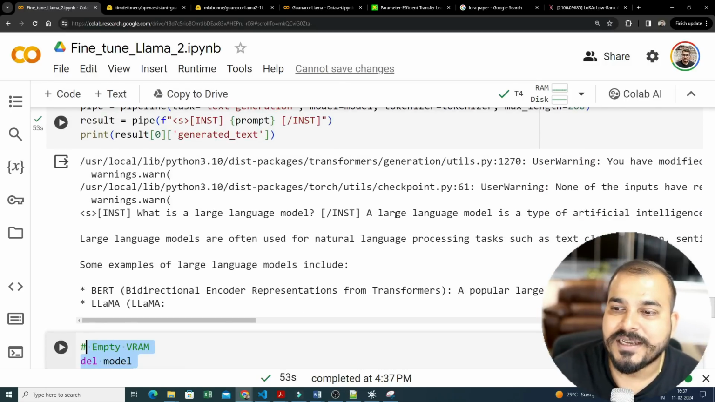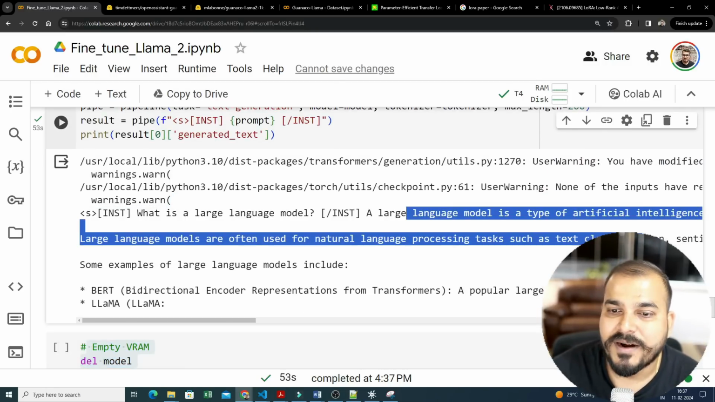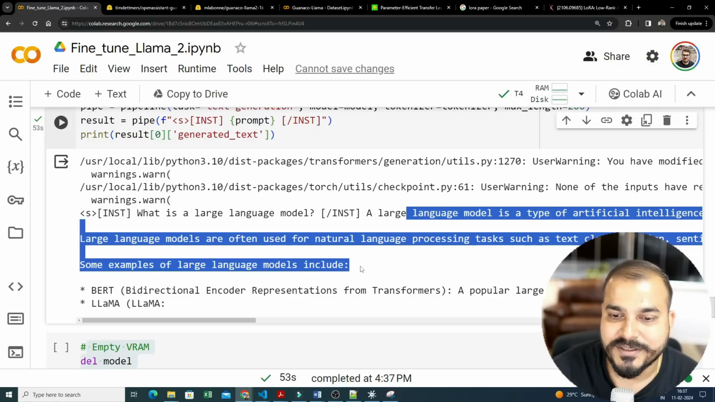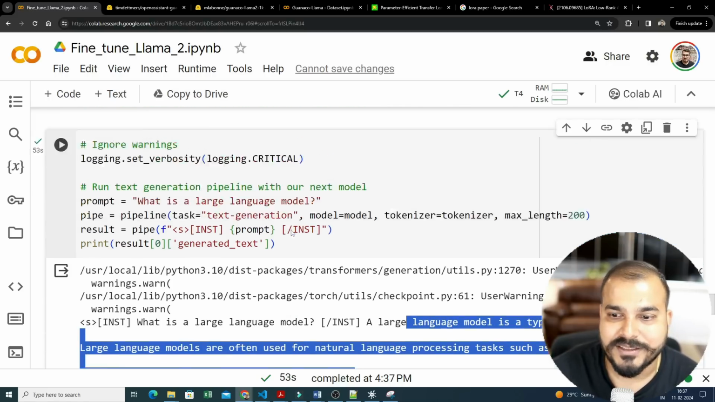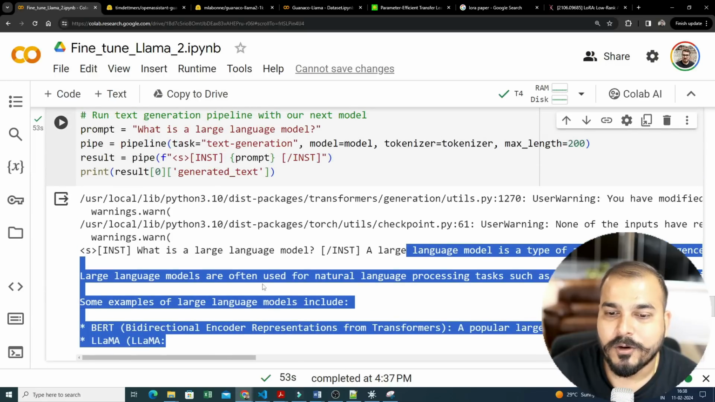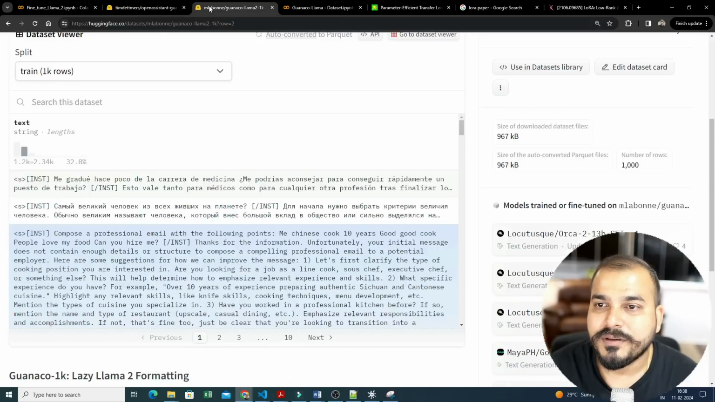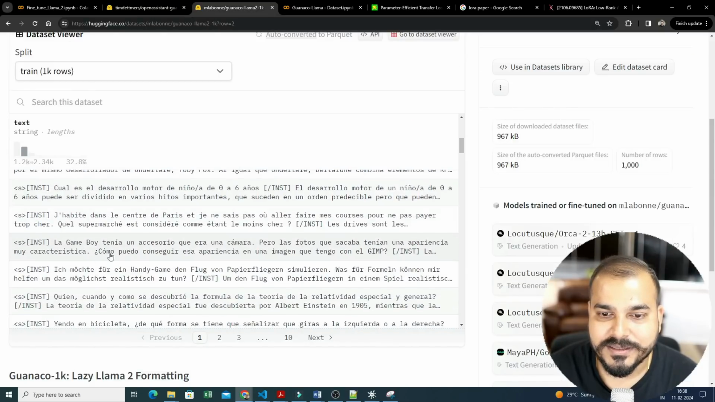So here you can see "what is large language model". A large language model is a type of artificial intelligence. Then here you can also see all the information is there. Some examples of large language models include this. Okay. Now what we are going to do, let's go ahead and take any one example over here